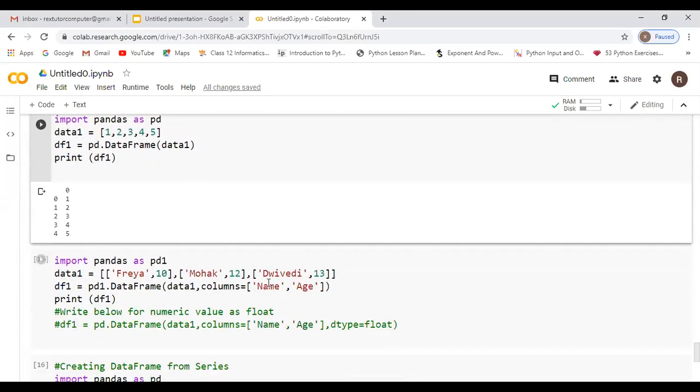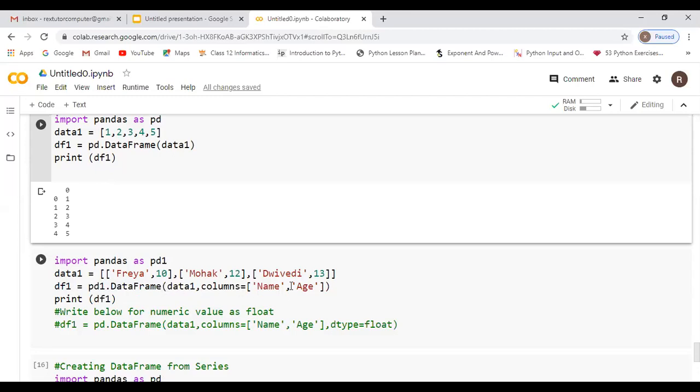And next one, here you see import pandas as pd. Then data1 is equal to, we are passing a list here also. Now see: Freya, comma 10 as a single one, then comma Mohak, comma 12, then the other name we have given here. Now df1 is equal to pd.DataFrame of data. Previously we saw data, index, columns, dtype, copy, no?